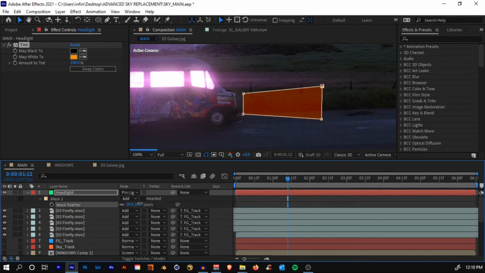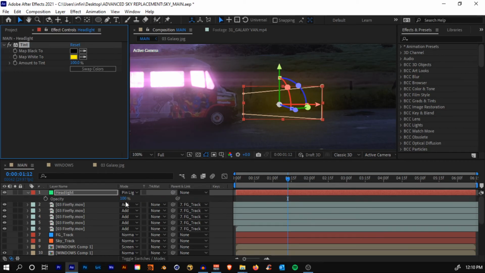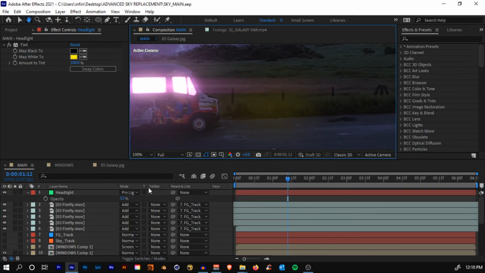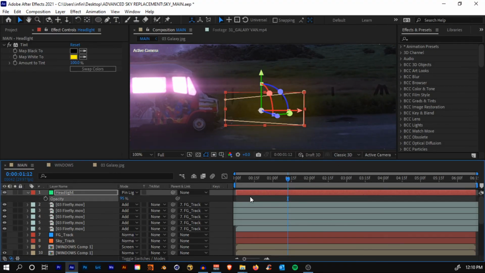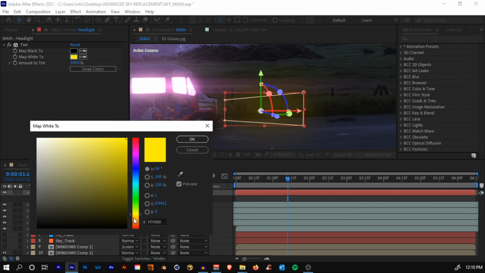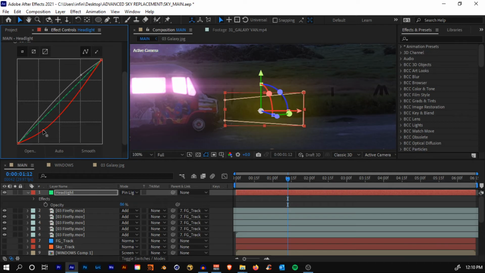Hit F. I had feathered it out and it was yellow, and I had to decrease the opacity a little bit. Yeah, it's subtle, but I think I'll just increase. No, it's a bit much and it's a bit yellow. I'm just going to get it down, and also add in a curves effect to increase some contrast to a light. Not that, and decrease the opacity.